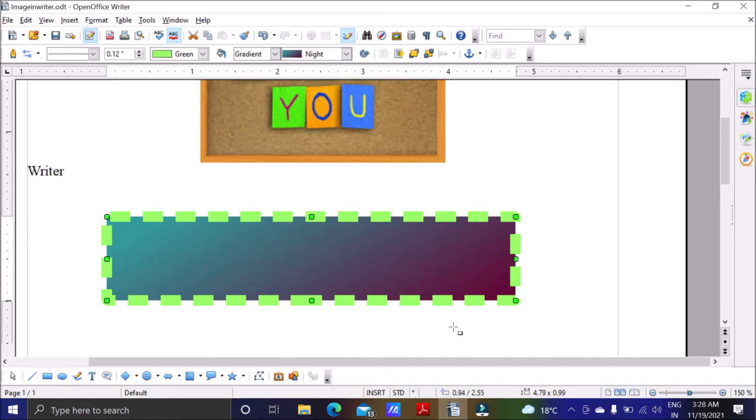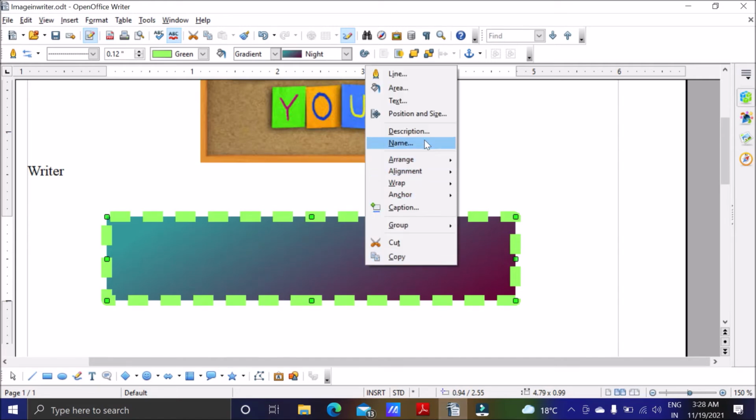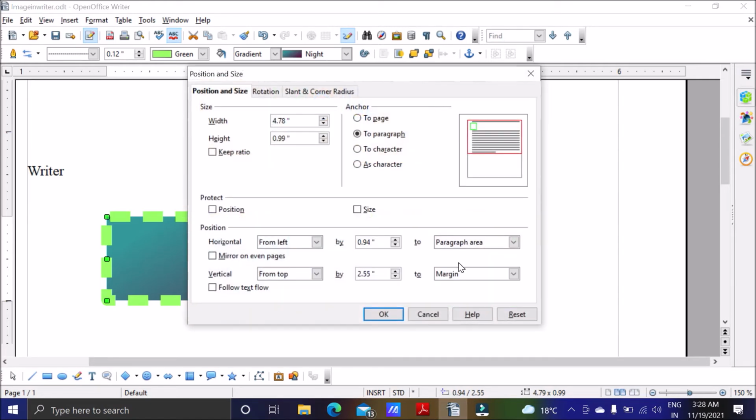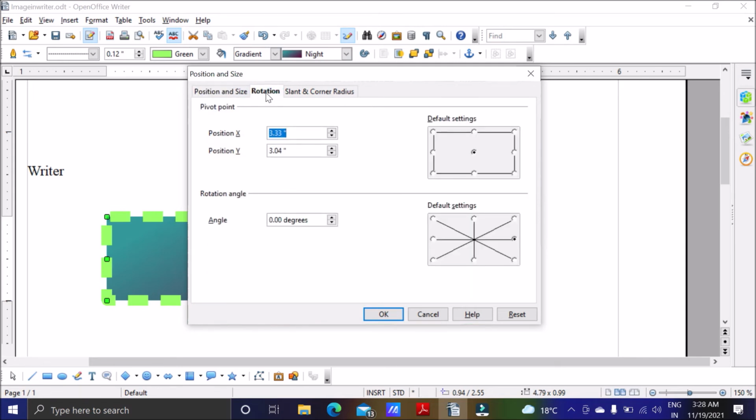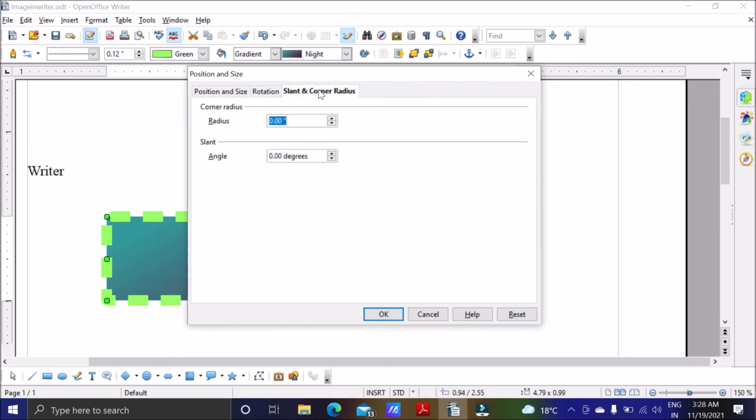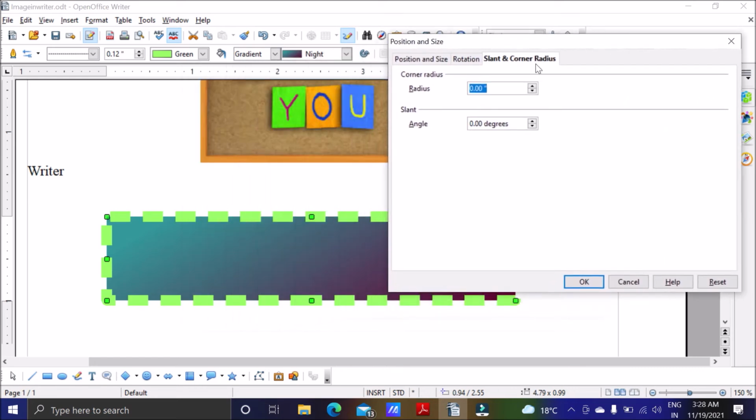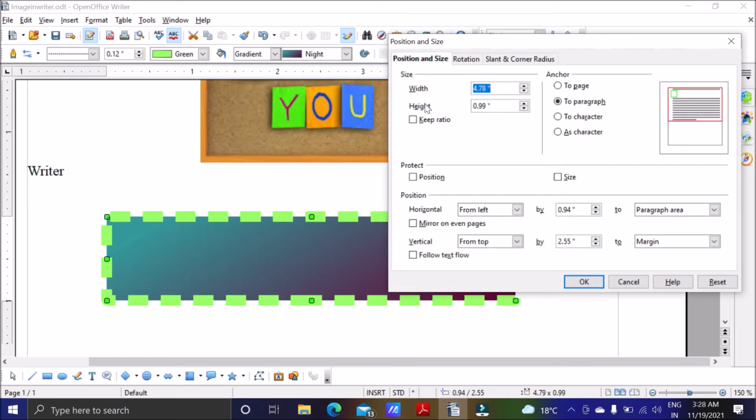Here you can see we can set position and size, rotation, and slant and corner radius. Right now width and height is given. Position of it is in paragraph. So whatever we want we can change from position and size also.